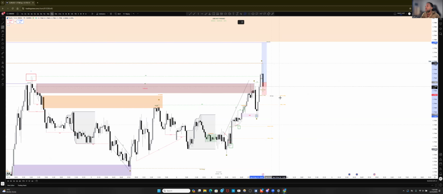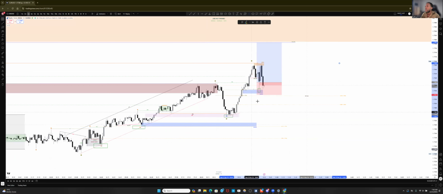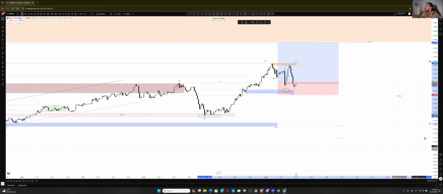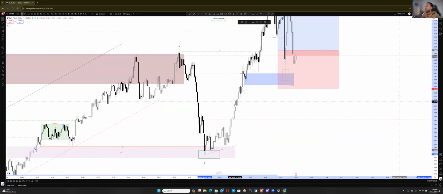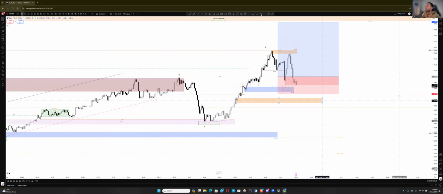Around within this range. Is there any order block within this range? Not necessarily, just some imbalance, maybe on a 3 minute. No, just regular candles. There is one here. So could price be trying to come to this range is the question. This range. This is possible.